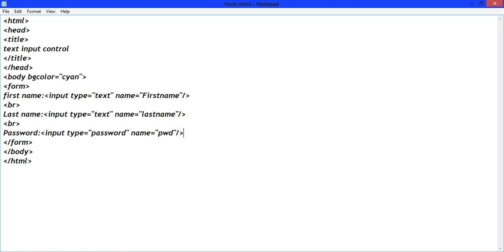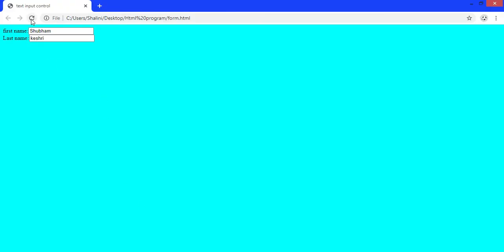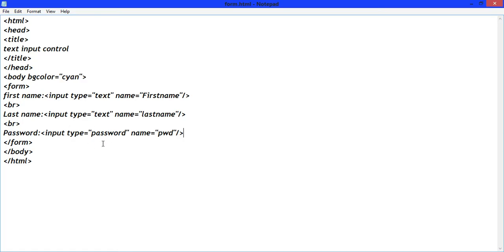Okay, now save it and refresh this page. Now write here your first name, your last name, and type here any password. See, the password is not showing here because this password type is hiding the content entered inside the password field.